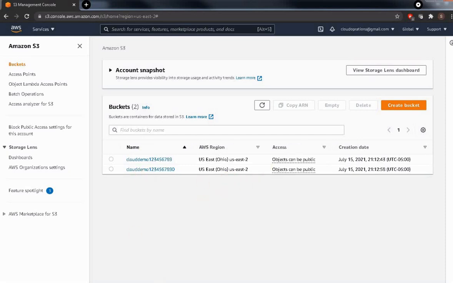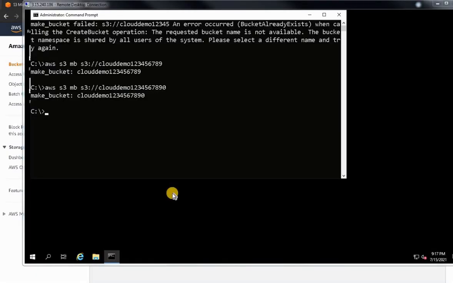One more thing: if you have multiple buckets in your S3 account, you can give the ls command. Let's see this. I have only two buckets, but if you have multiple buckets, we can use the ls command.